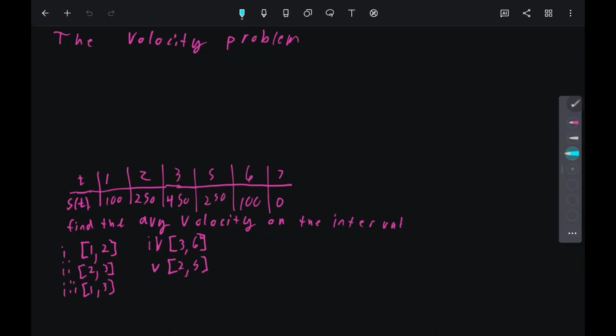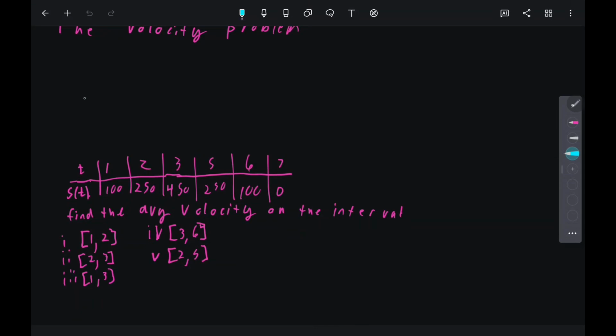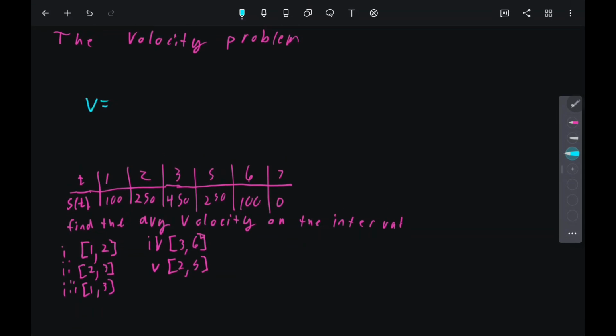Continuing on now, we're going to address the velocity problem. And this velocity problem is, well, let me first ask, what is velocity? Well, velocity is technically defined as change in position x over time. So in most cases, we can get some sort of average velocity using that. However,